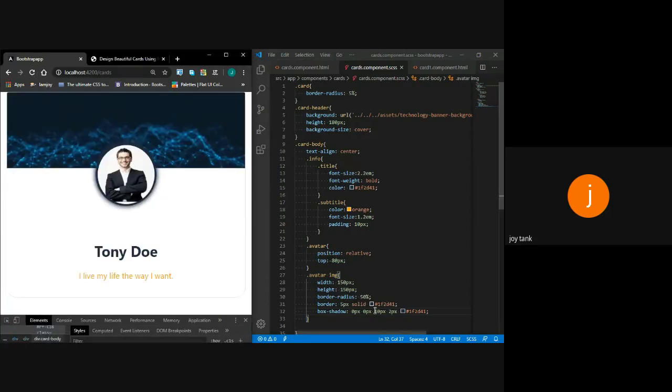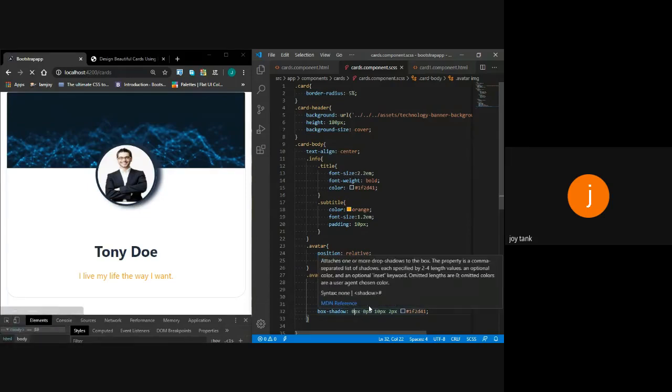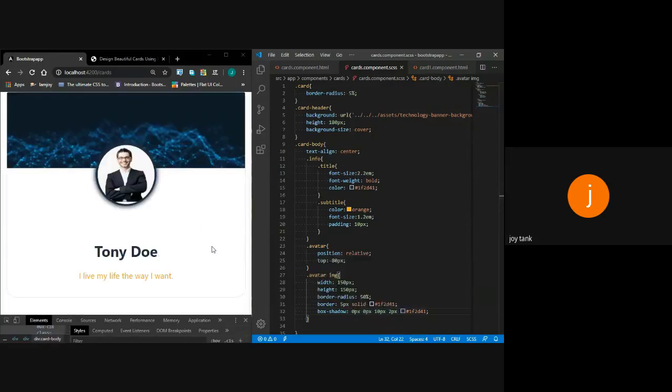What do these four values indicate? The first value indicates the horizontal offset. Horizontal offset means you are placing the shadow in the horizontal direction. Take an example: if I place this shadow by giving the value of 10 px, the shadow will appear shifted horizontally, in this box shadow here. But I need it to be in the middle of the border. So this is designed.